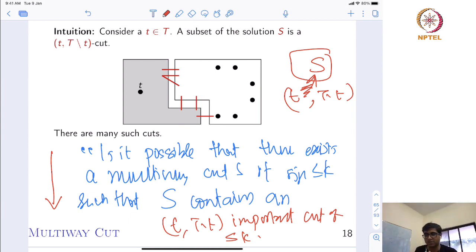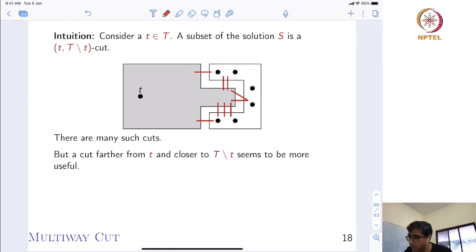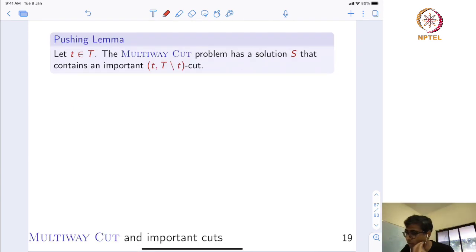And that is the crux of this lemma, and these kinds of lemmas are called a pushing lemma. This is what the intuition is trying to do: a cut farther from T and closer to T minus T seems to be more useful than any minimal cut, and this is the intuition which is encapsulated in the pushing lemma. Like we can push a solution